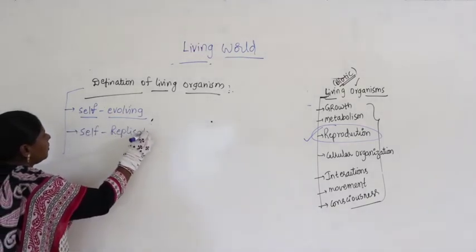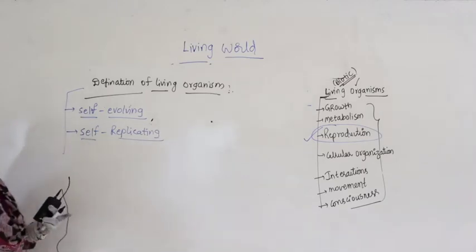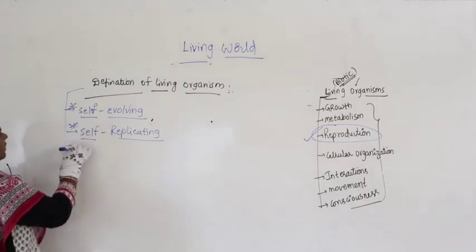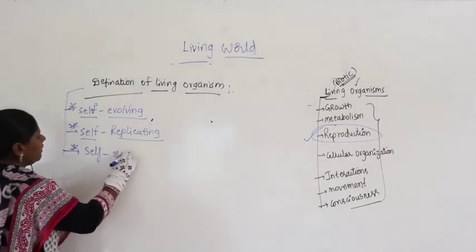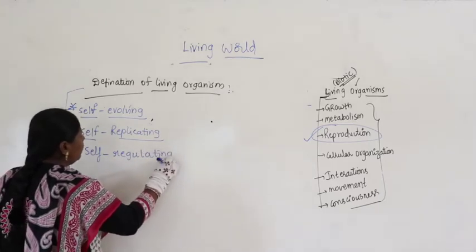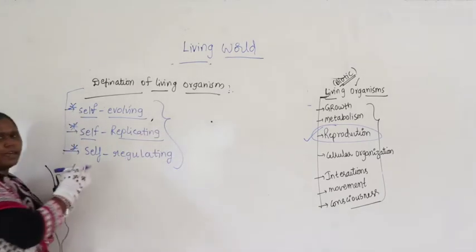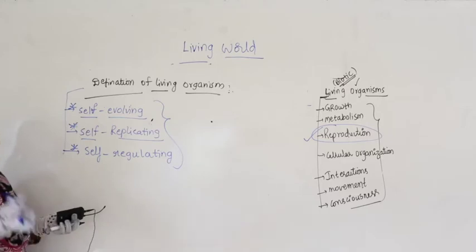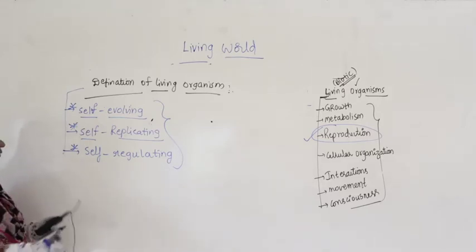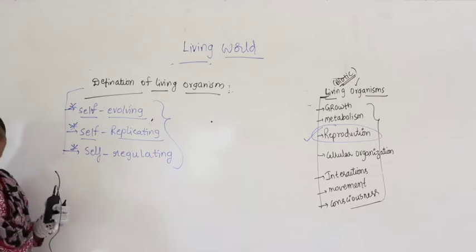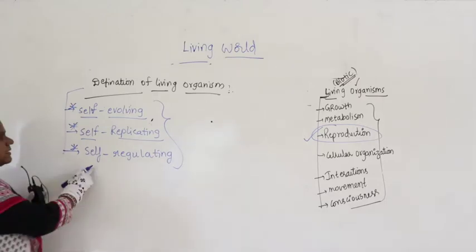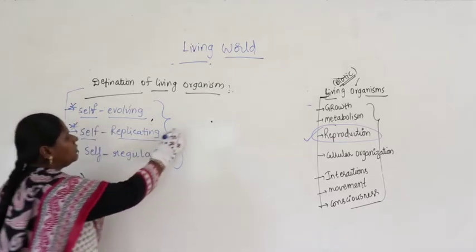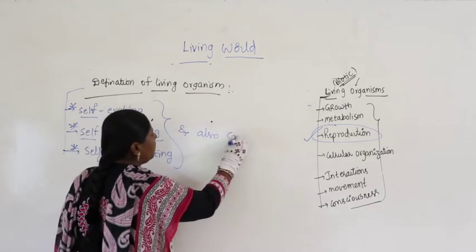If you take unicellular organisms, one organism replicates and produces two daughter cells by binary fission, right. Self-evolving, self-replicating and self-regulating, what we say, an interactive system. Self-regulating means an organism regulates by itself all metabolic processes like digestion and respiration. When an organism feels hungry, it takes food. If it does not feel hungry, it does not take food. So, it regulates its own system, it has the ability to multiply, it can evolve itself and also is capable